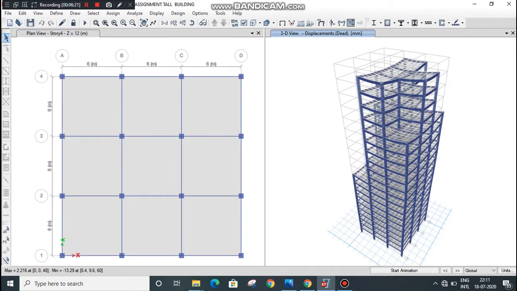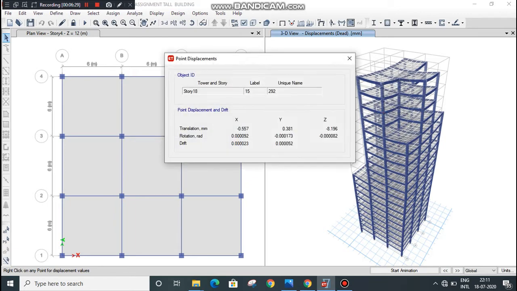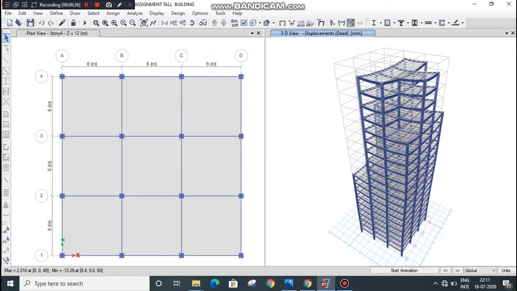Analyzing is completed. As you can see there, displacement for a beam is shown here. Right click on any beam, you can see the translation, rotation and drift for any point.